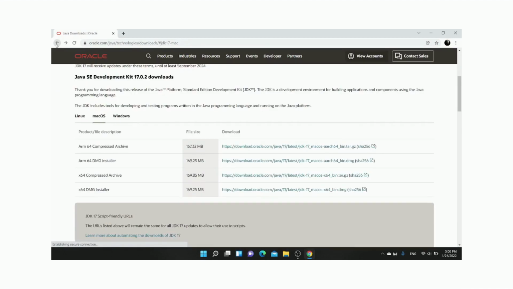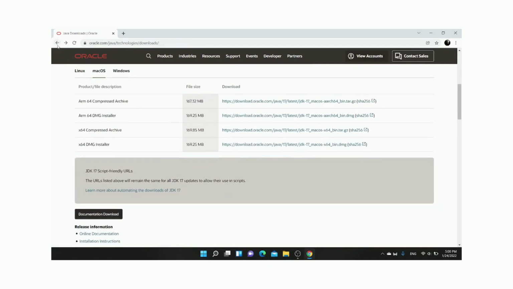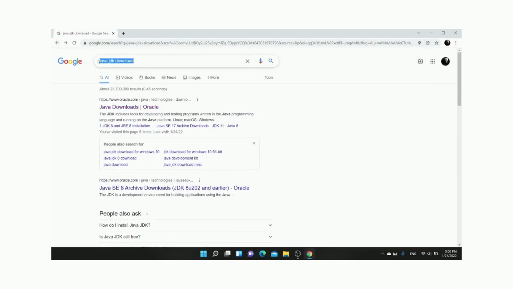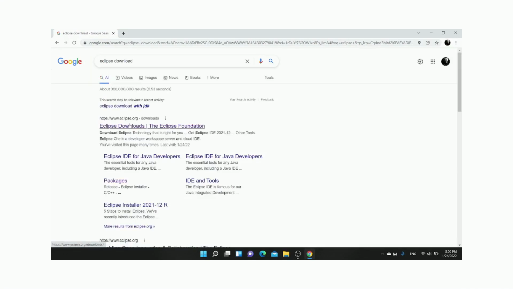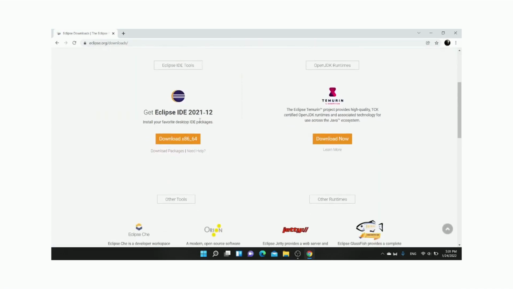For Eclipse, when you come again to your browser, here you have to write Eclipse download. When you write Eclipse download, in the first option, as you can see, Eclipse download, the Eclipse Foundation. This one is the original website. You have to click here, and after that, as you can see here, Get Eclipse IDE. This one is the latest IDE for Eclipse, and you have to click on this orange color button. When you click on this orange color button, Eclipse will start downloading in your operating